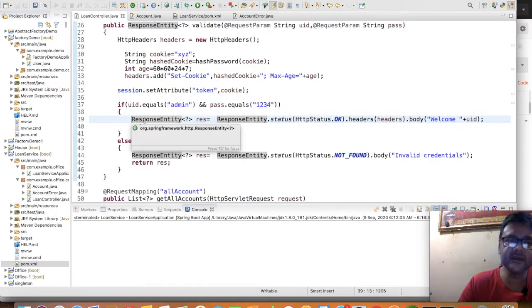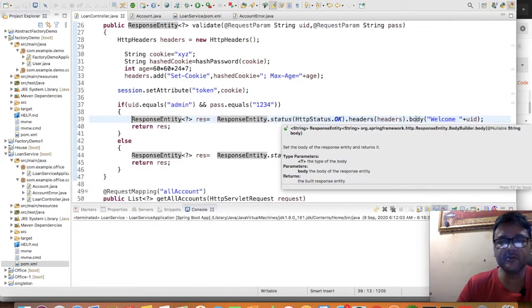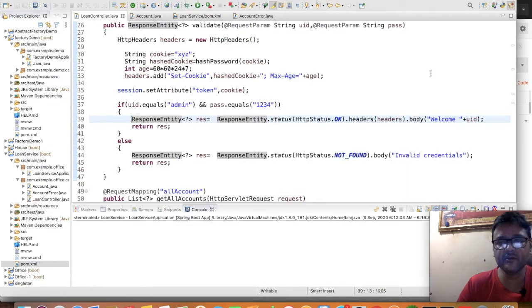The response entity is a class present in the Spring Framework HTTP package. This response entity is going to contain the header as well as the body. Body is going to be the response which you are going to give to the user. The body can be anything. Generally we provide JSON data to the user. I am providing here a welcome message, a text piece of data.